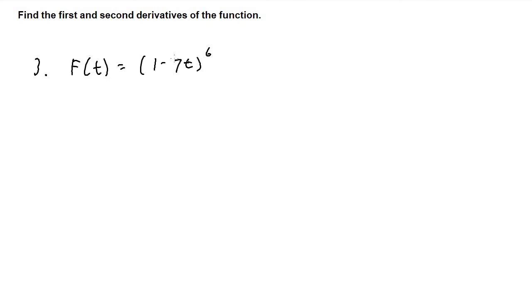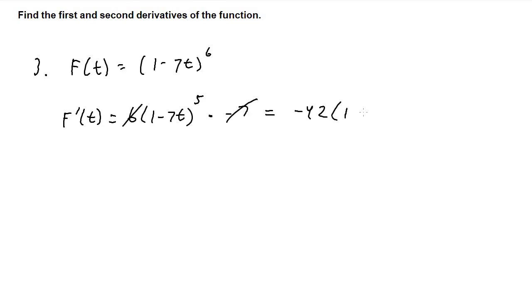Notice we have an inside function, we do have an outer function. So we can go ahead and use the power rule combined with the chain rule. So f prime of t equals, we're going to bring the power down, keep the inside function the same, subtract the power by 1, 6 minus 1 is 5, and then multiply by the derivative of the inside function because of the chain rule. Derivative of 1 minus 7t is negative 7. So then f prime of t is going to equal negative 7 times 6, negative 42, times (1 minus 7t)